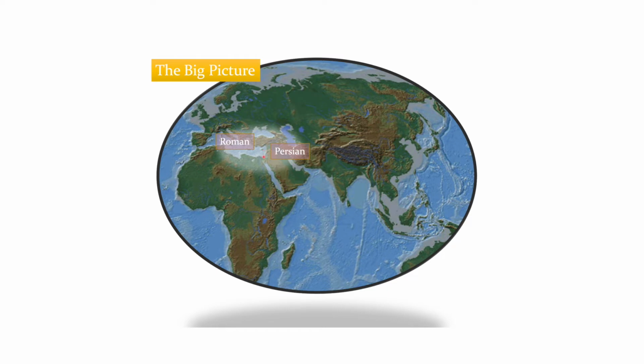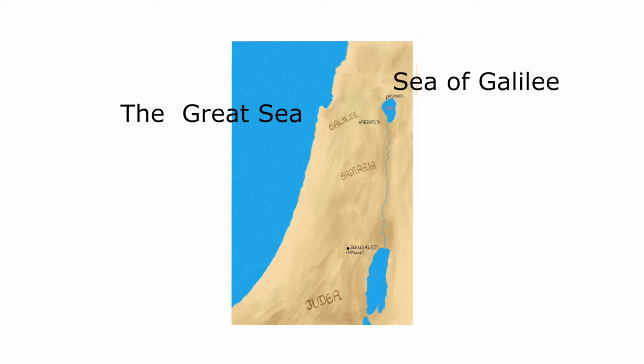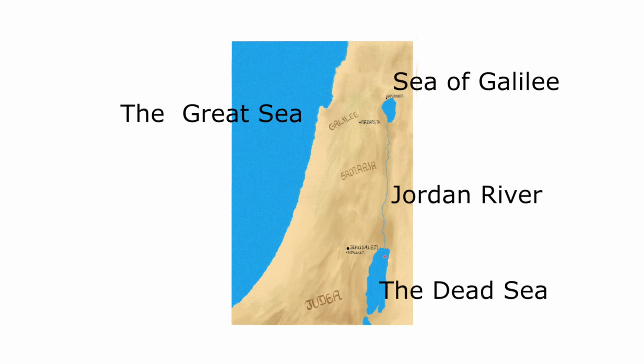Speaking of Bethlehem and Jerusalem, right here, this tiny little section right in the middle is where the Jesus story takes place. So here's the basic geography of what people call the Holy Land, what today we call Israel. And let's talk about the water first, because the water is pretty important. This big body of water over here is called the Mediterranean Sea, or what the ancient world called the Great Sea. And then up here in the north is the Sea of Galilee. It's a freshwater lake. It has the Jordan River that flows down south, connecting it to the Dead Sea, where water just flows in, doesn't flow out.